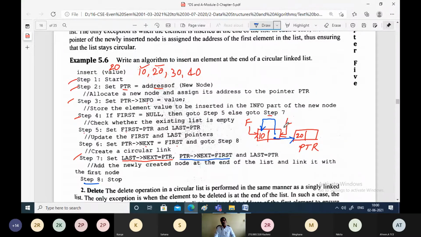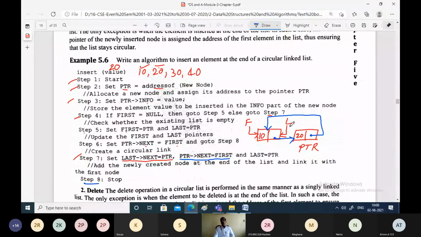So remember here, last pointer next is pointing to PTR. Now it will not point to itself. That means we should erase this. This is not essential now. Next thing is, PTR pointer next equal to first. This field should point back to the first node. What else is remaining? Once you attach this node to the linked list, this will become the last node of the linked list, not this one. Now this becomes the last node of the linked list.